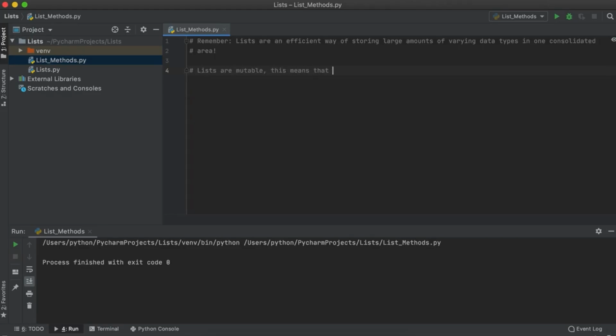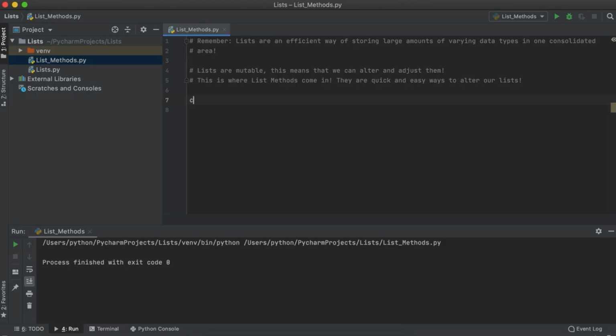Because lists are mutable data types, that means that we can alter them. So, what if we wanted to alter the stored data somehow, or even combine two lists together? Well, that is where list methods come in. List methods are quick and efficient ways to alter or adjust our lists.